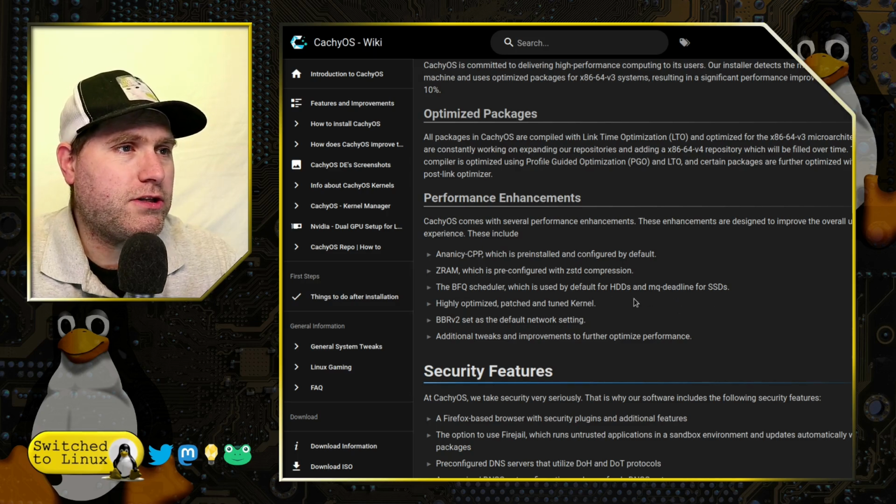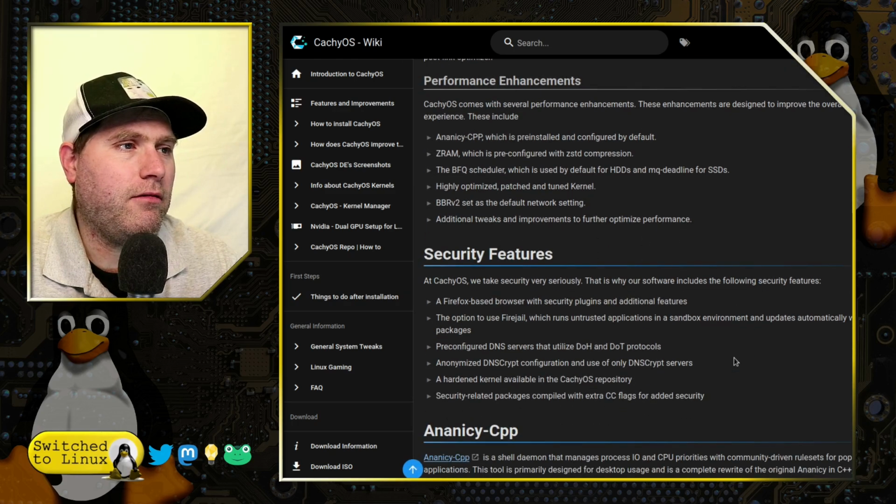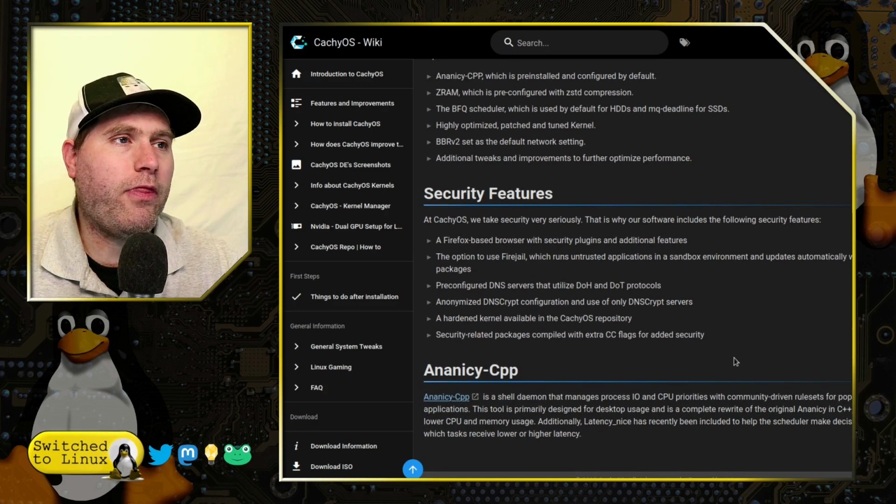BFQ scheduler, which is used by default for hard drives, and MQ deadline for SSDs. A highly optimized, patched and tuned Linux kernel. BBRv2 for default networking settings and additional tweaks to ensure it. There's extra security features, mostly with their